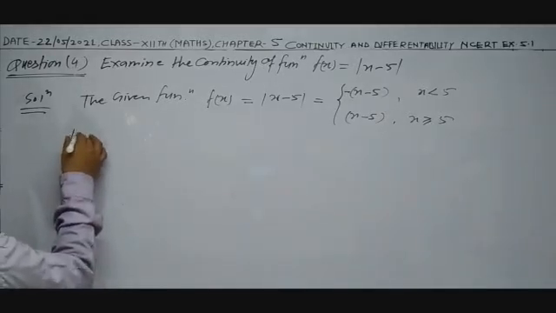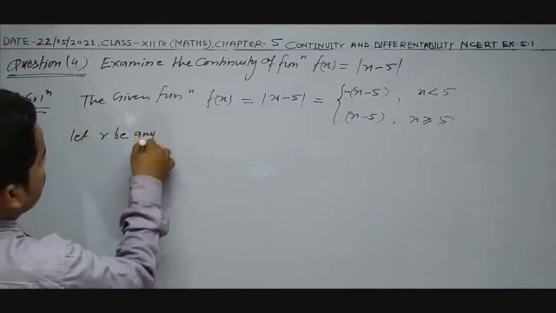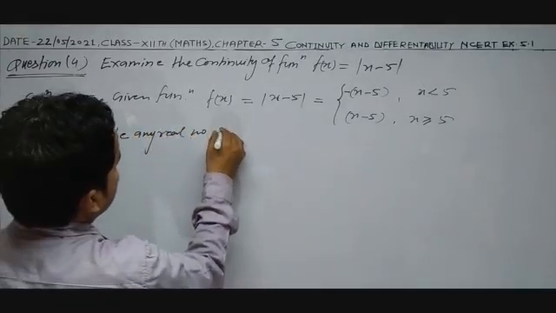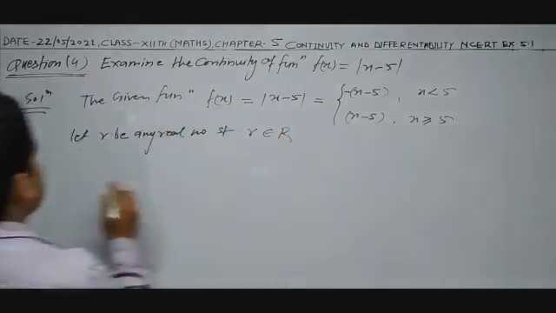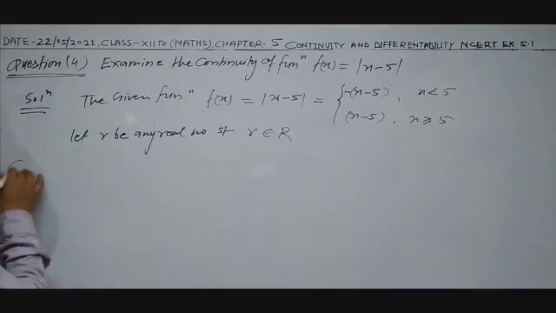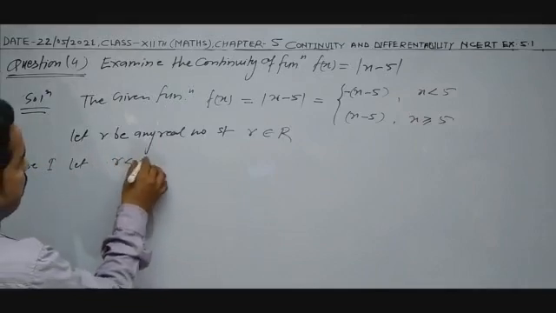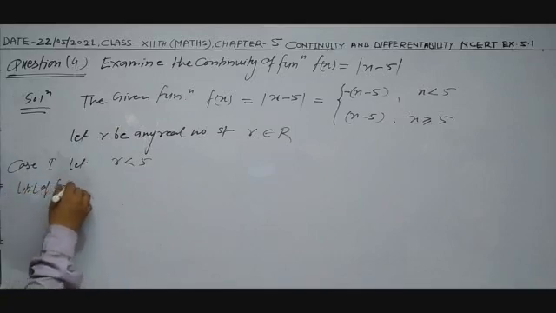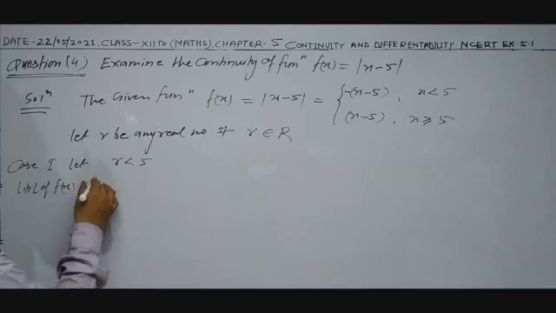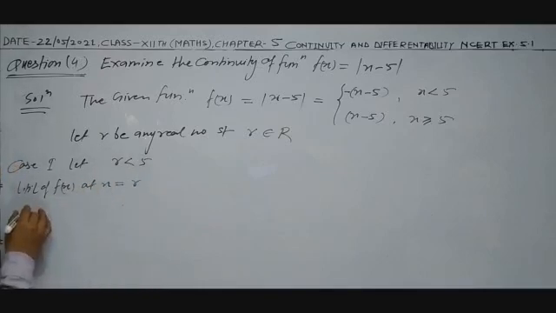Let small r be any real number such that small r belongs to R. Case 1, let r be less than 5. In this case, you can consider the LHL of the function at x is equal to r. So r minus means limit